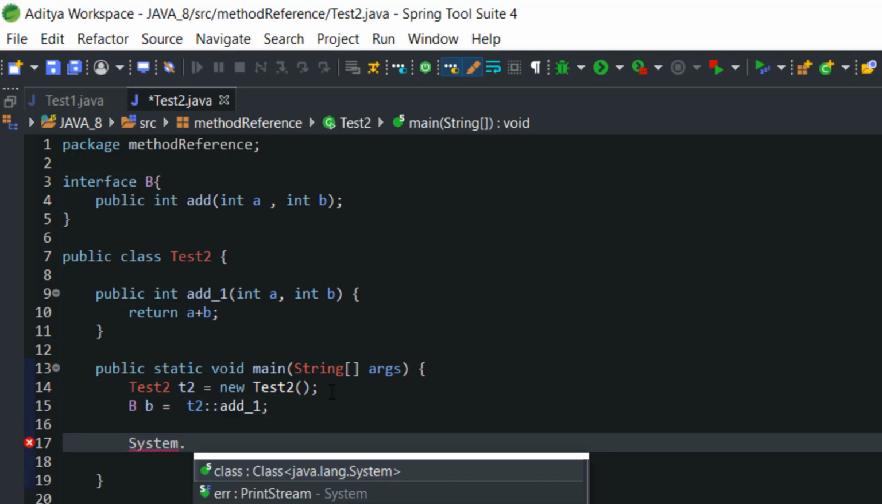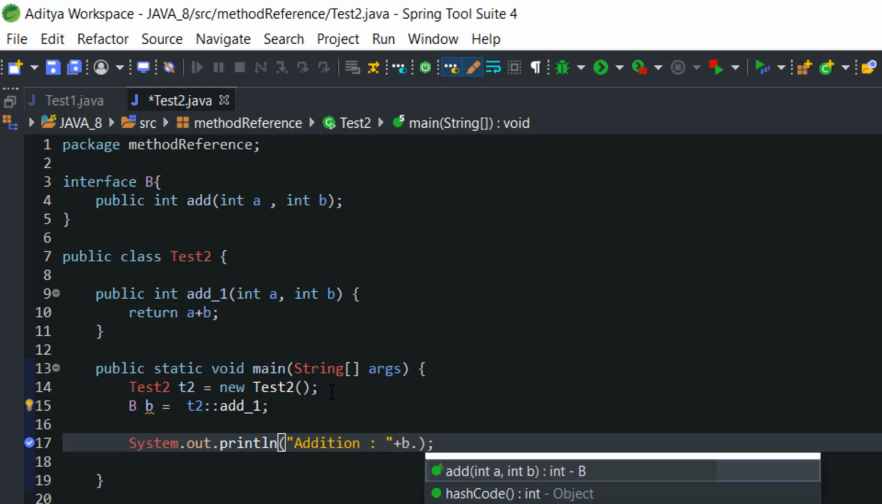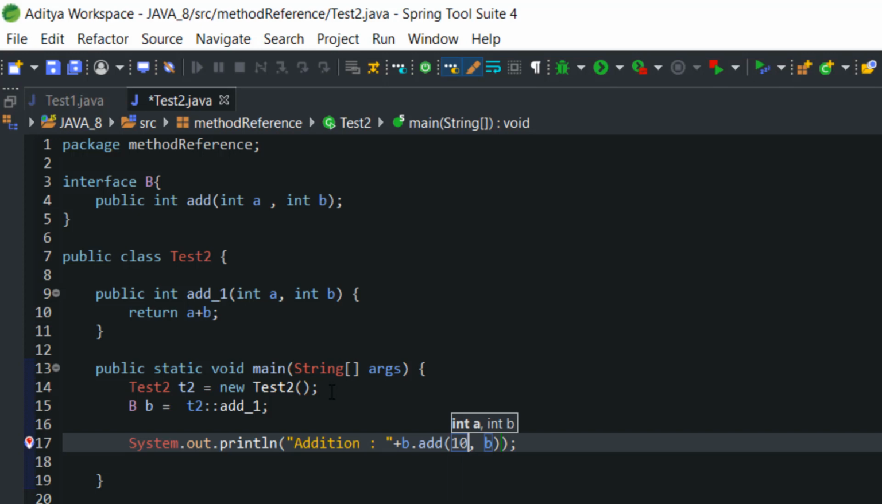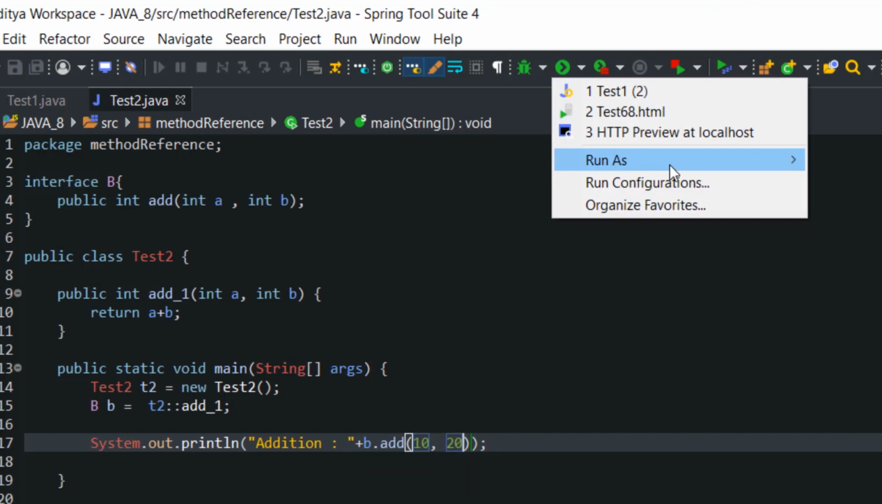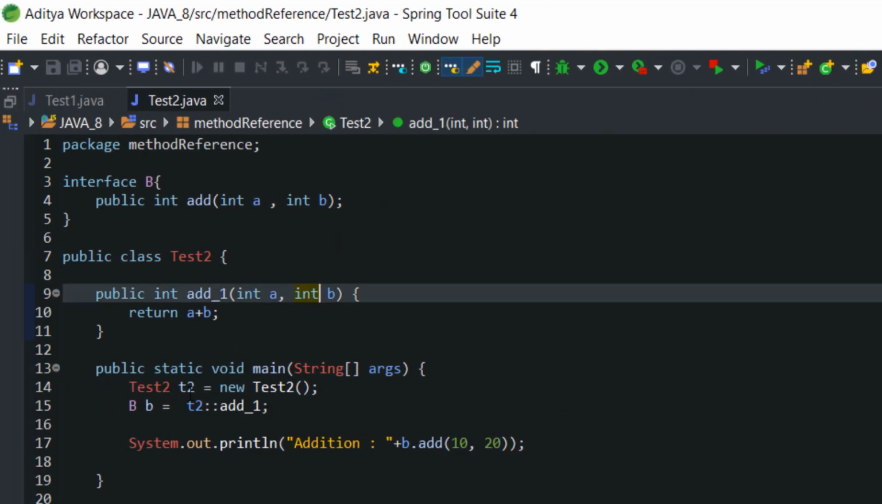Now let's call this B reference with System.out.println. It should be addition, b dot add, and here I am going to pass two arguments, 10, 20. So I have called this abstract method, and here I am using method reference to invoke this method, right? And I am calling this abstract method with two different arguments, 10, 20. Now let's execute this code. The answer should come as 30. The answer came 30. Now you can see that we have taken an object reference with double colon,